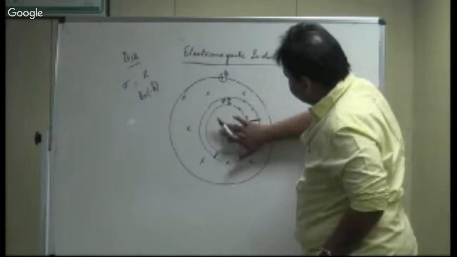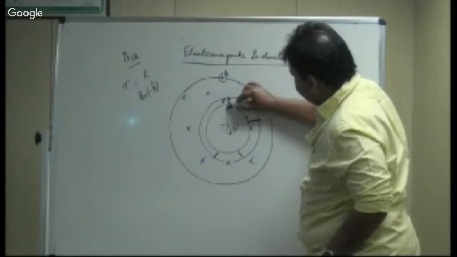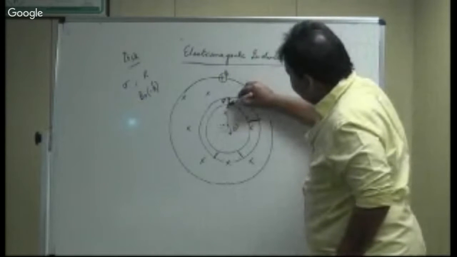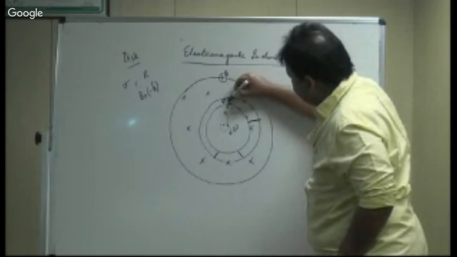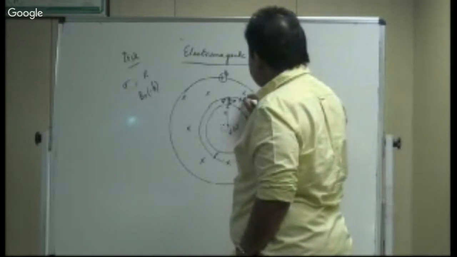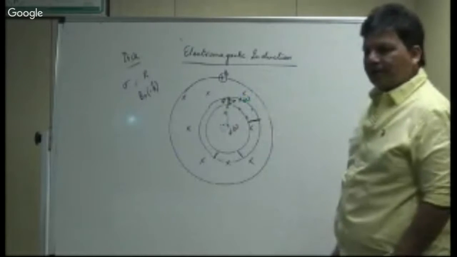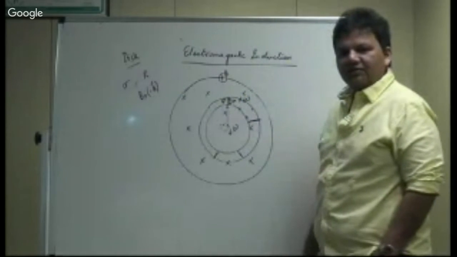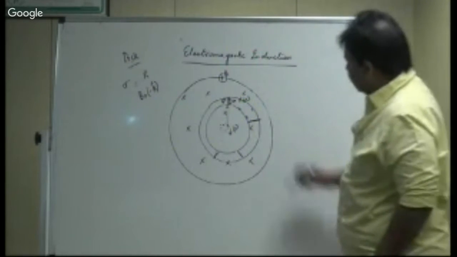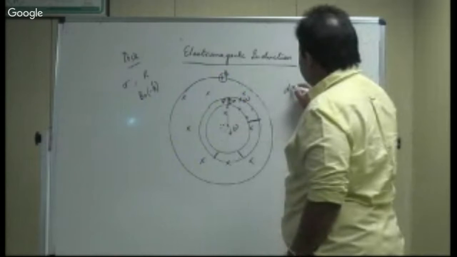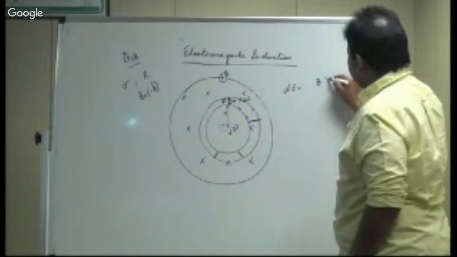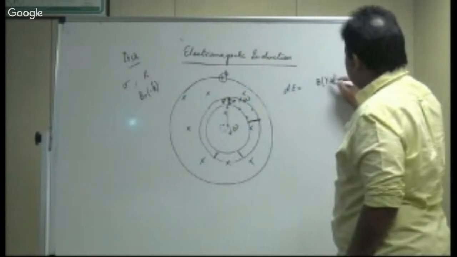If I take this distance from the center as x and this element as dx, तो इन दो एलिमेंट्स के अक्रॉस इसका लीनियर वेलोसिटी कितना होगा? x ओमेगा, है ना? एट अ डिस्टेंस x, एंगुलर वेलोसिटी अगर ओमेगा से रोटेट कर रहा है तो इसका लीनियर वेलोसिटी कितना होगा? x ओमेगा. इसका मतलब इस छोटे से एलिमेंट के अक्रॉस एक इंड्यूस्ड ईएमएफ जनरेट होगा. वो कितना होगा? B v